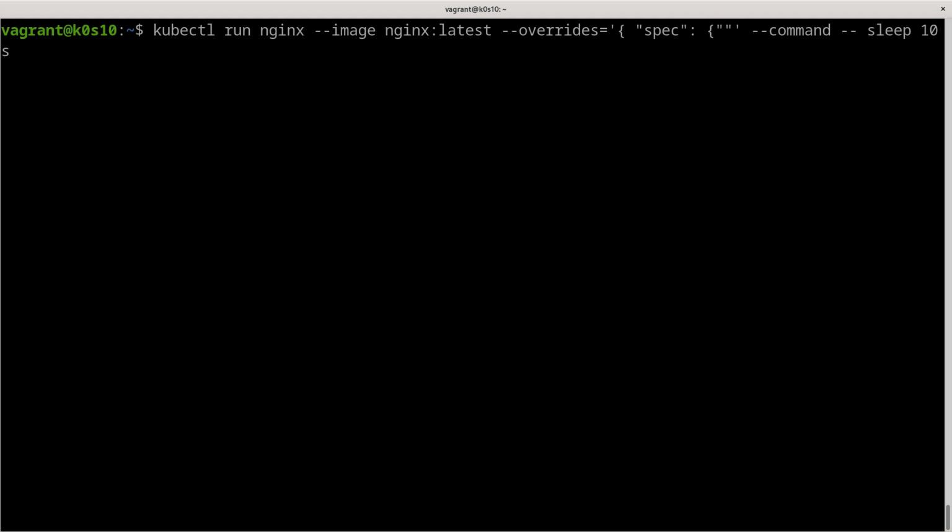Restart policy is just another key here, and we want to set it, so not equal because we are in the YAML format, but OnFailure. That means for Kubernetes that we only want to restart the pod when we have a status in error.